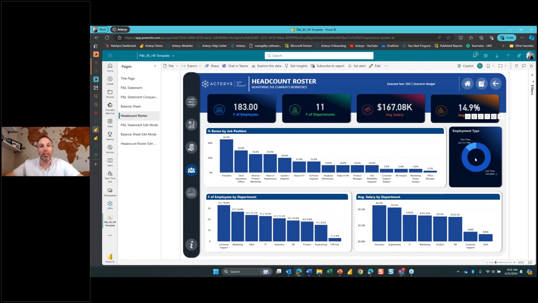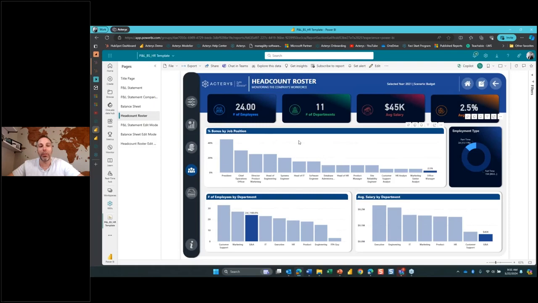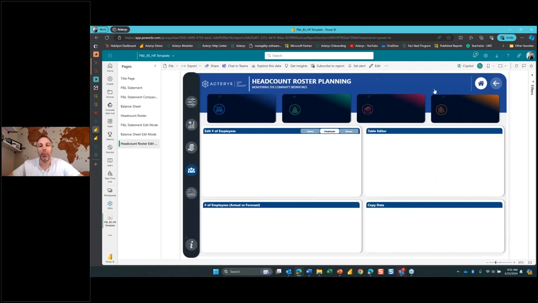So you can start to see this is the data that we imported, right? We imported all of these different job positions. We imported the bonus percentages across multiple cost centers. We have part-time and full-time, which is a slice and dice mechanism that we added in our dimension. So if we wanted to click on full-time, or we wanted to click on part-time, and we wanted to analyze the differences between those, that's the beauty of Power BI, that it's a very flexible reporting engine to get the information out quickly. Just like before, we can go into edit mode within this Power BI report,